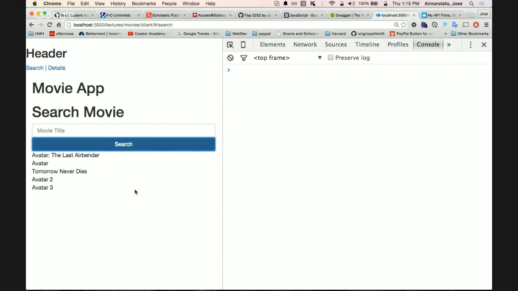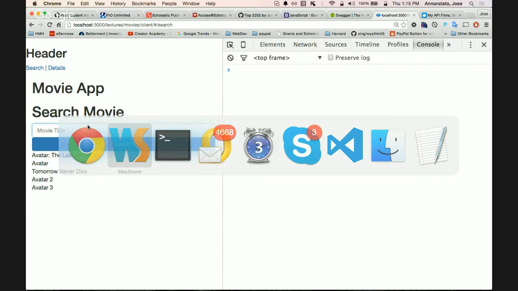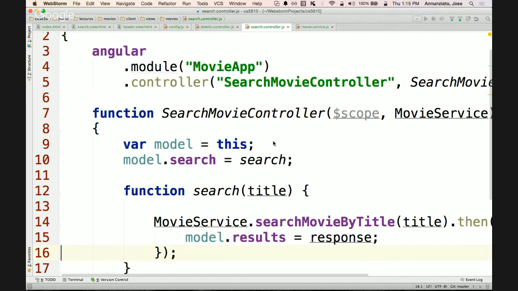Although the avatar is hard-coded in the URLs, right? So what we really want to do is use a title here, the actual title that you type. So let's go back. Instead of having avatar hard-coded here, we'll put in a placeholder. So I say title, and then whatever title you pass us, we're going to say